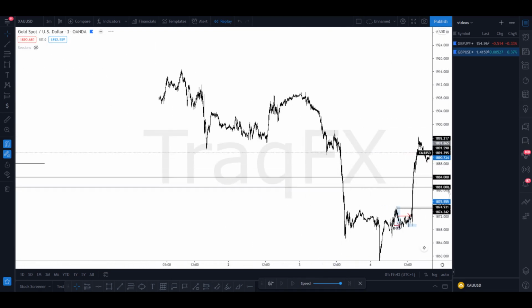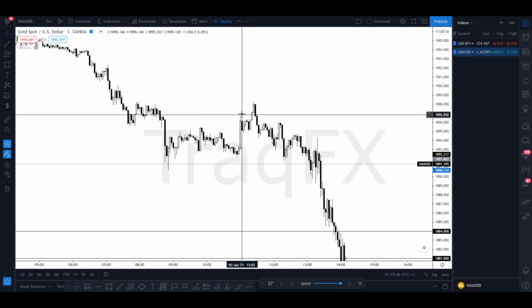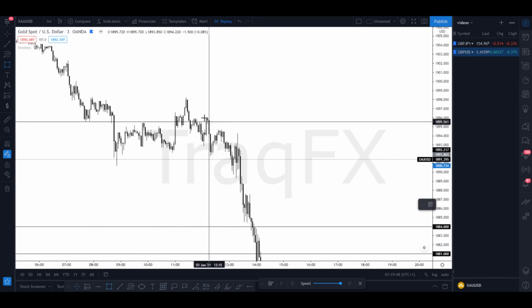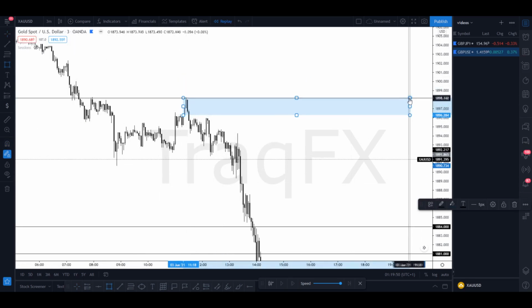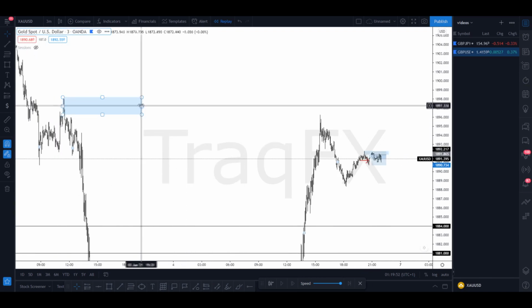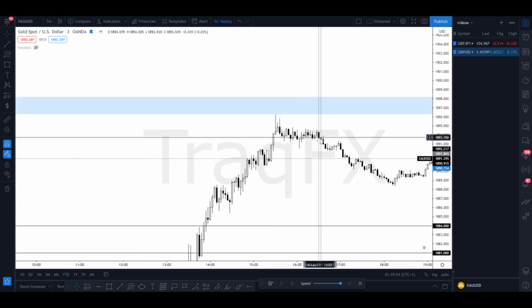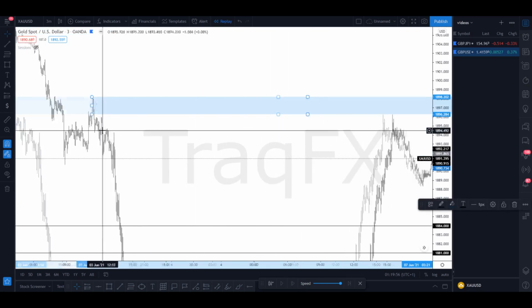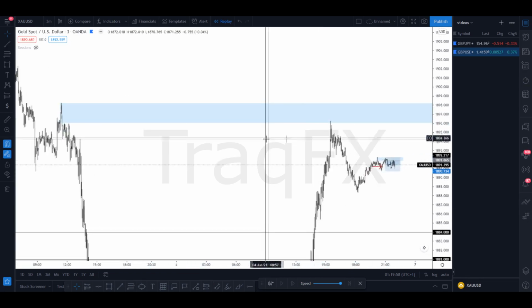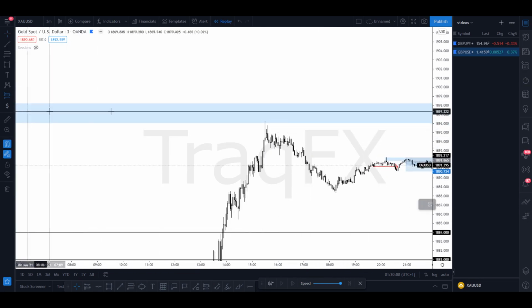Now look at this right over here. This is the cause of this major move down right here. This is that last institutional candle that was the cause of that major move down. Look how perfectly price taps into that institutional candle, literally to the pip. If we adjust this a little bit down to like this, it taps in perfectly into that zone